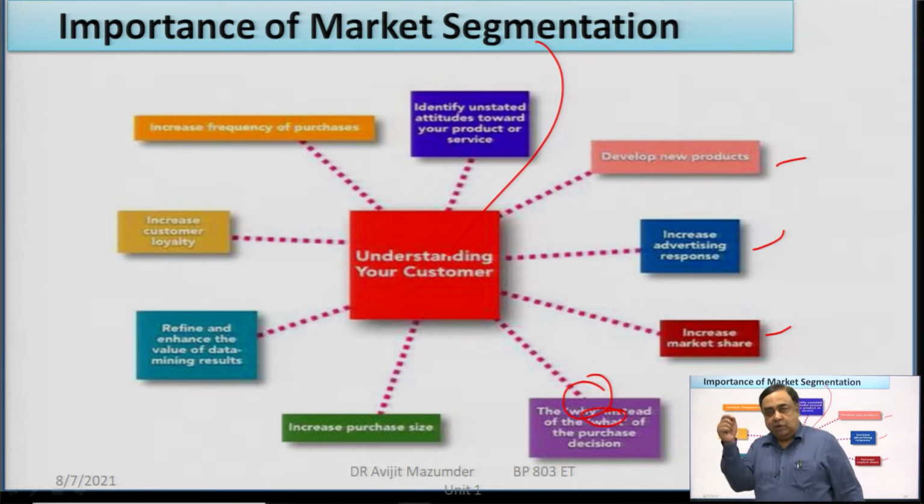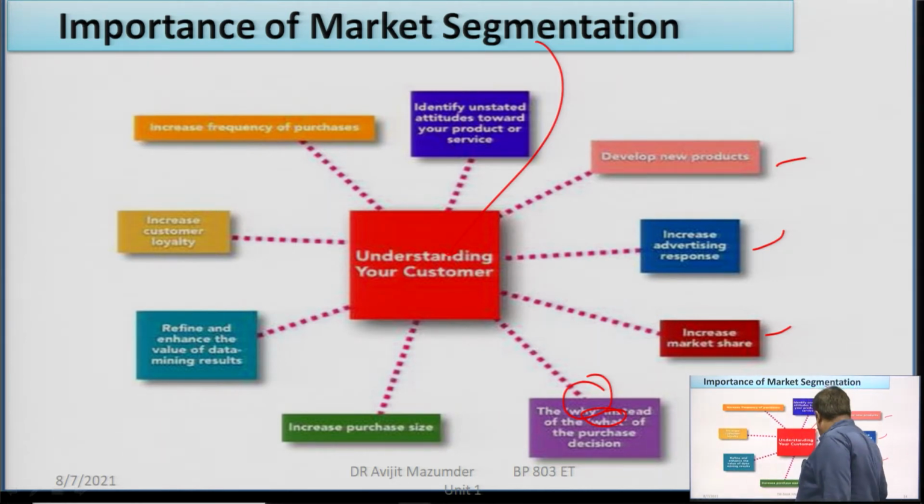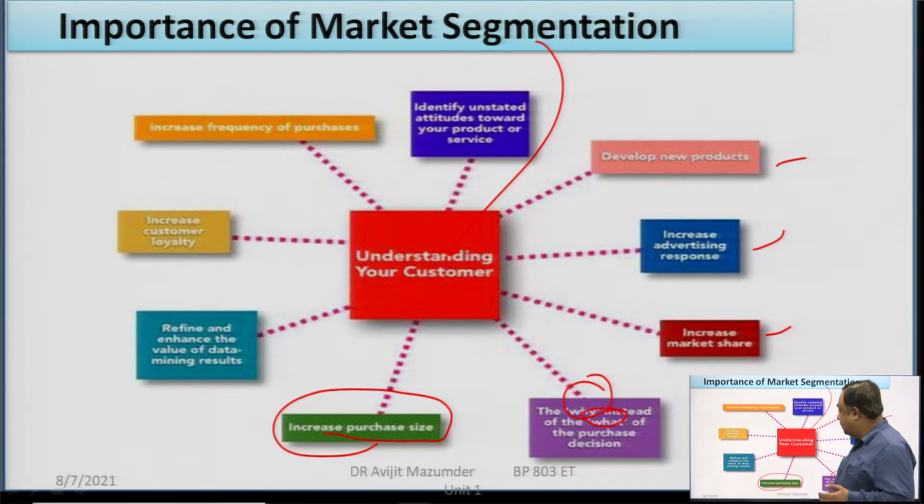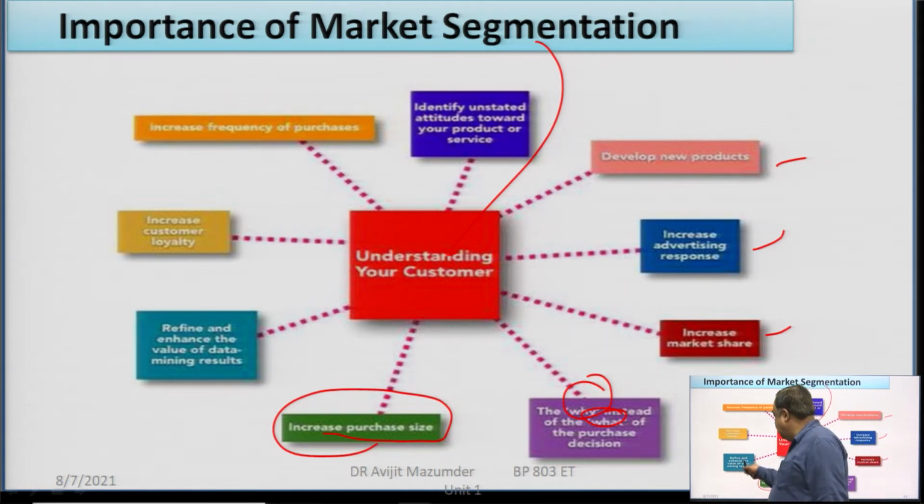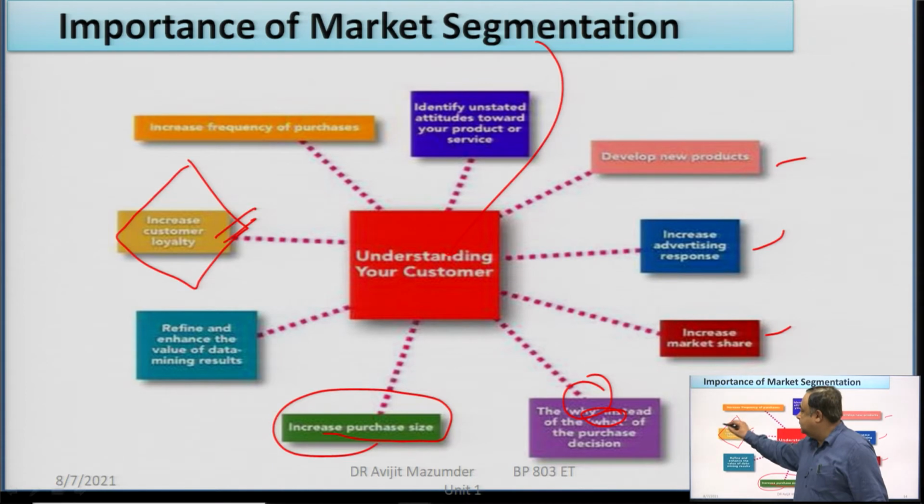You have to constantly hammer the mind of the customer on why they should go for your product. What are the unique features of your product? What benefit will the customers get from your product? This you need to continuously target, hammer in the mind of the customers. Increase the purchase size or the purchase frequency. Refine and enhance the value of the data mining results, and finally,